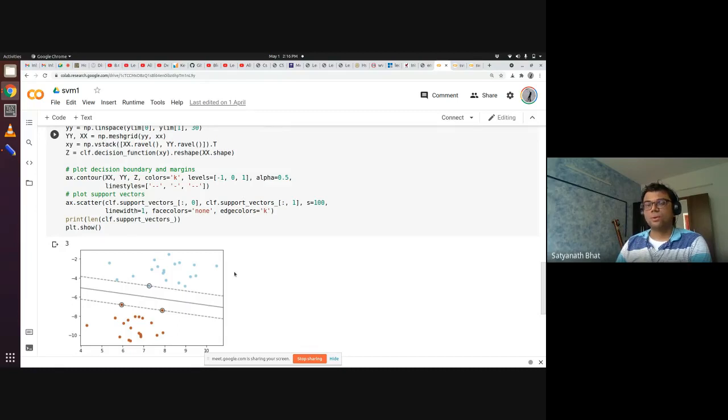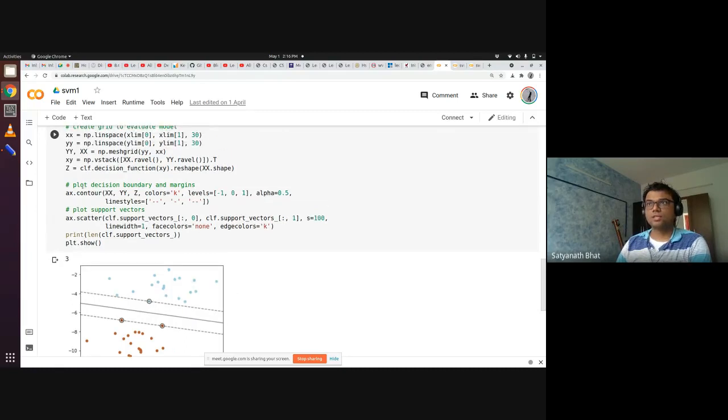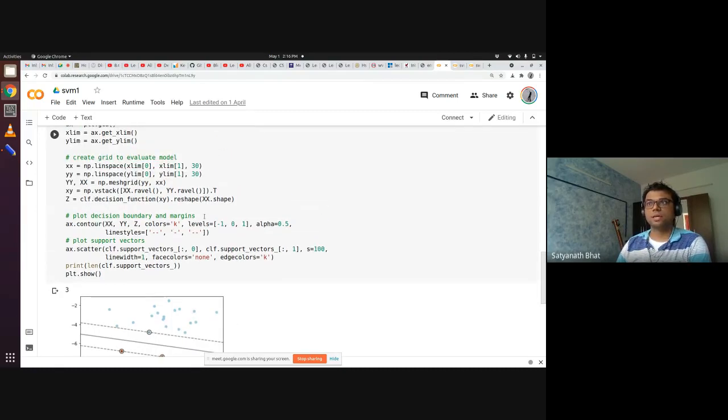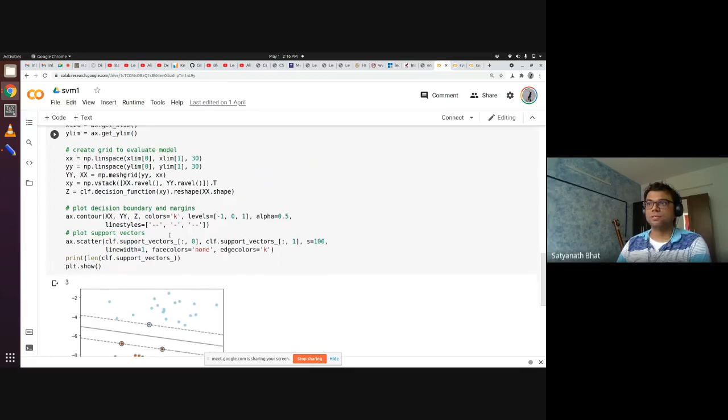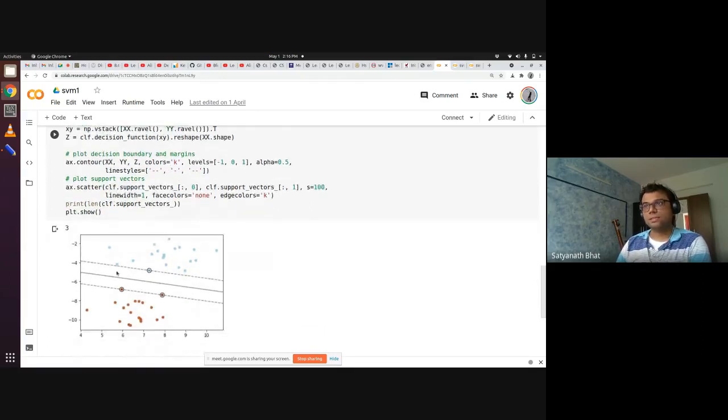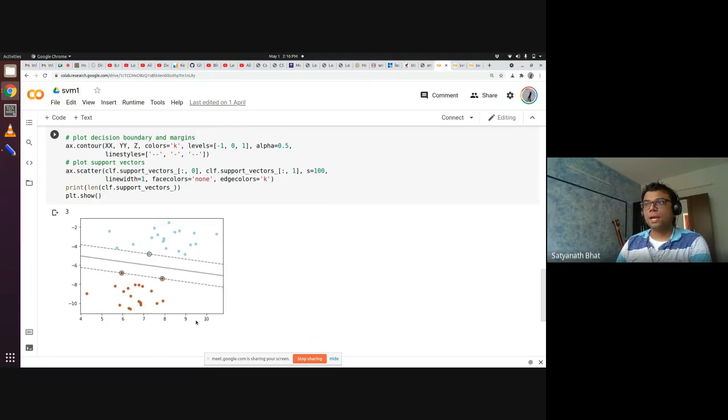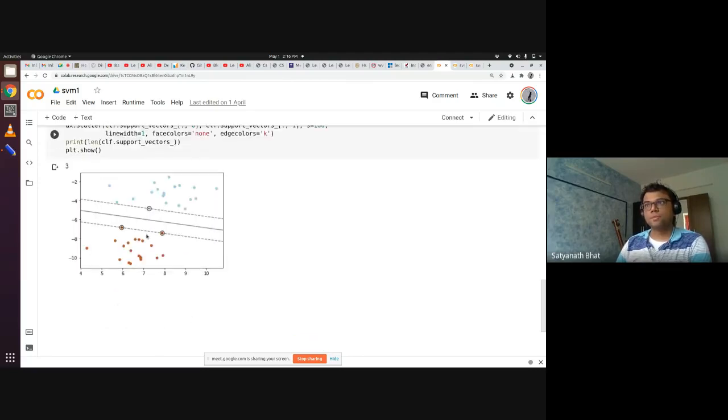I don't know if that makes sense, but you can go through this and let me know if you have any questions here. In any case, these are the lines, and the support vectors that were chosen, that is those points with mu i greater than 0, are now circled. So that is what the demo is showing. And that's pretty much about it.